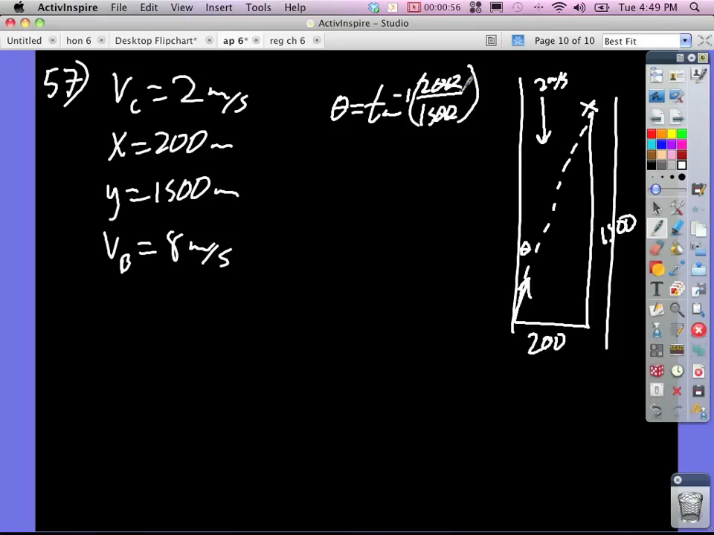So the inverse tangent, which gives us 7.59 degrees. Okay, now that's what's going to happen in the water, but both the boat and the kid are